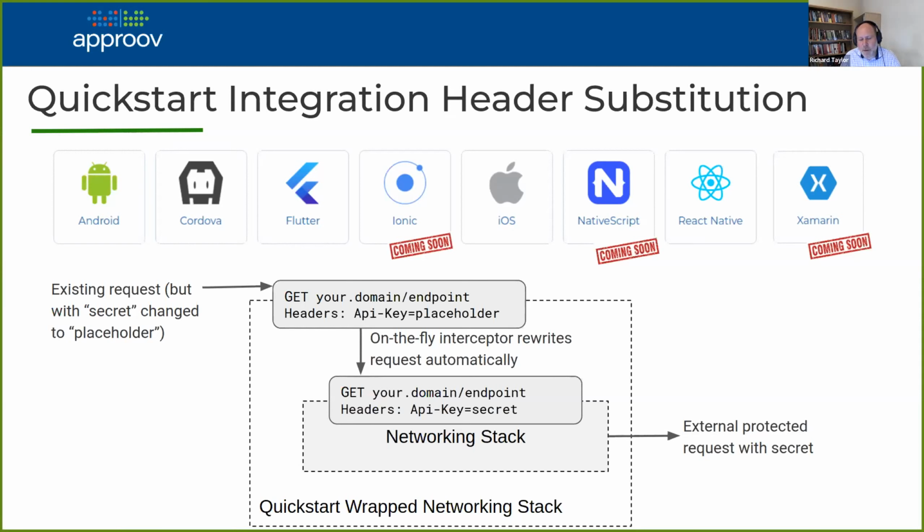So what we ask you to do is basically, if you have some kind of secret in your app, which is in the configuration or in the code, then you basically change out that secret for a placeholder value. So it's not the actual secret used to access the API, but some other innocuous string that's of no direct usage. And then our networking stack does an interception on the fly in effect.